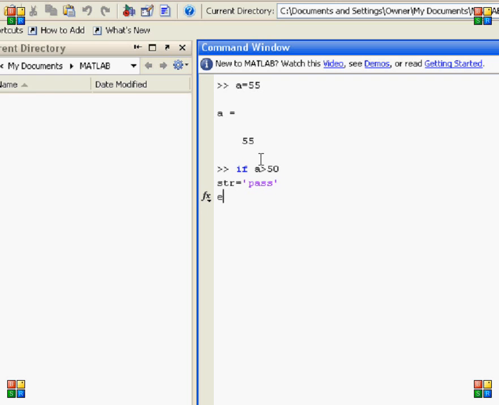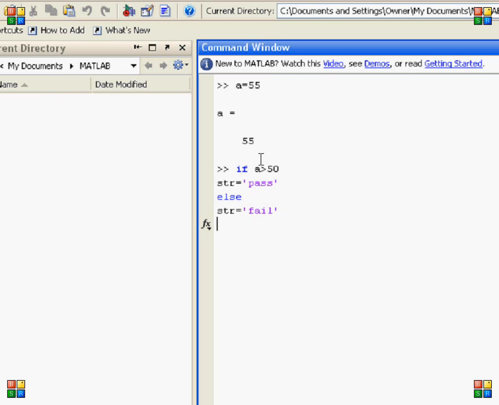Otherwise, if marks are not greater than 50, they are less than 50, so I want to assign the string a value like fail. So if the marks in A, my subject marks, are greater than 50, then I will pass.